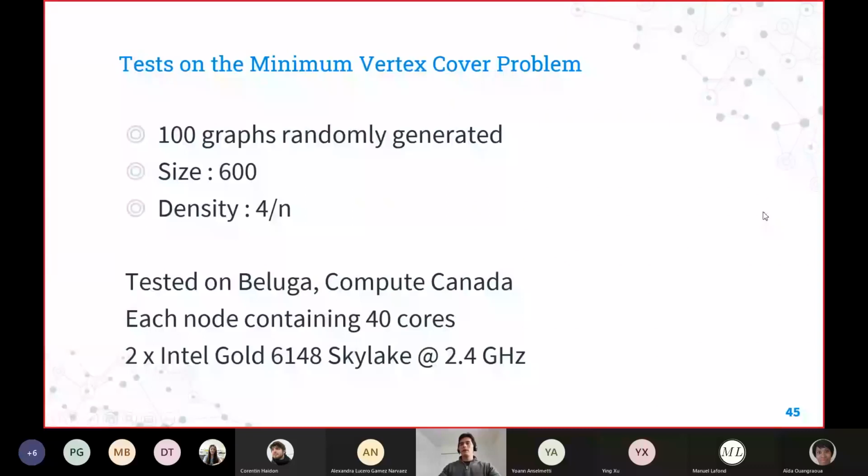In order to do that, we pseudo-randomly created 100 graphs of size 600, with a density of edges of 4 over n. We tested this on Compute Canada Beluga, where each node contains 40 cores. And this is the reference of the CPU, just in case somebody is interested.